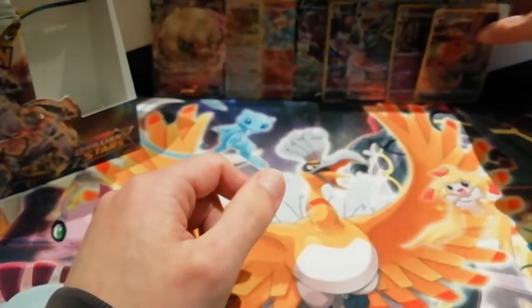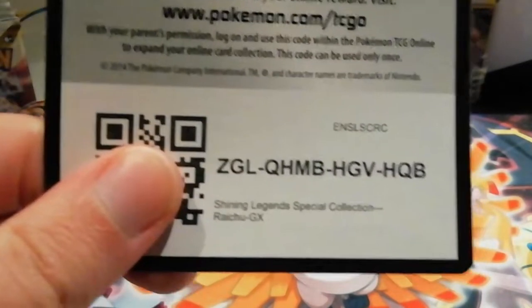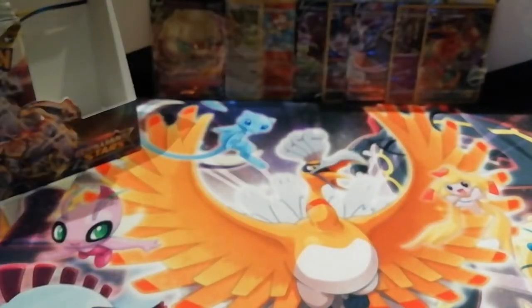We've ended up with sort of non-holos behind them, but hopefully we can change that at some point. And let's go for another code card for you guys, because obviously it was an ultra rare. And again, we have a really old code here. It is a Shining Legends Special Collection Raichu GX. So I'm going to assume it will give you a promo Raichu